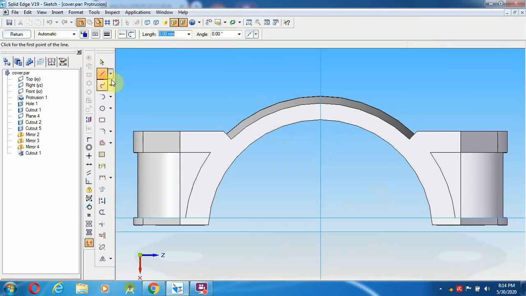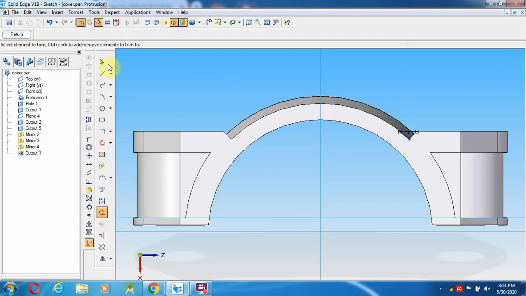The option is called line. From here straight, as well as the arc by the 3-point method. Select from here to here and join, use the trim option, and trim the other things.